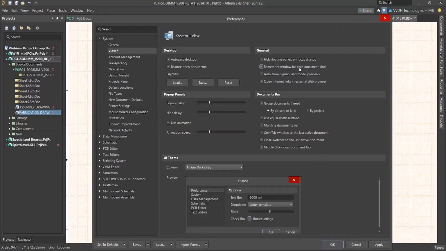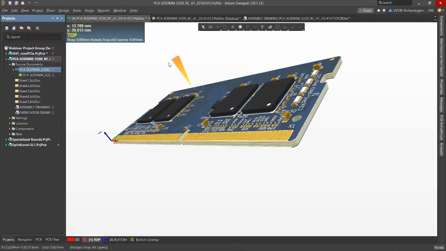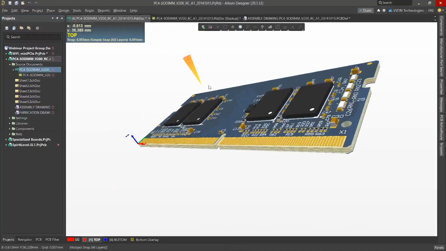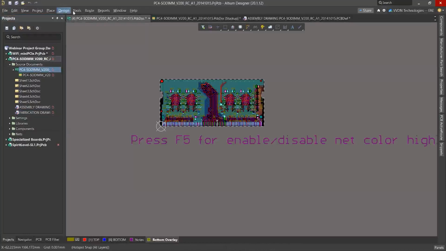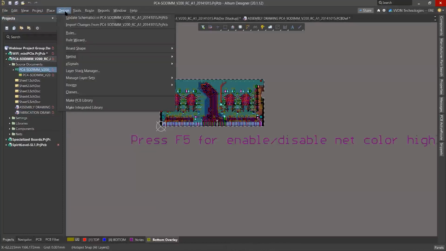And the second question, go to PCB, Priyankar. Yes. This is the X signal wizard. Design, X signals. You can use this wizard also, run X signal wizard.